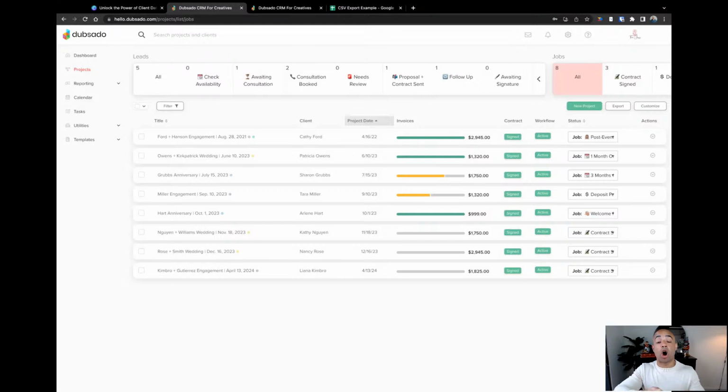Maybe it means that on my actual proposal, I need to include some instructions on how to move through that process, especially if you're doing that proposal, contract, and invoice sequence. A lot of times, clients might not understand how to move through that process. So maybe on the proposal or in the email you send them, laying out instructions on how to move through that, maybe that will push people through that bottleneck.